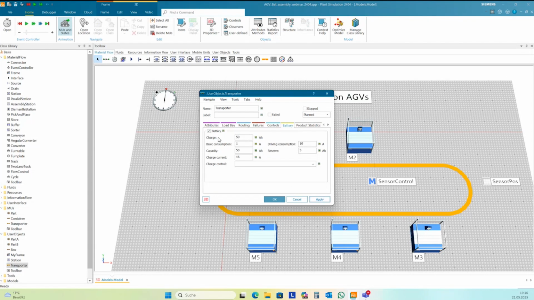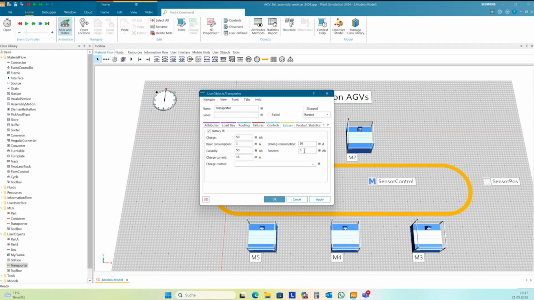And you see you have here a charge. This is the actual charge of the battery. You have a basic consumption. This is the consumption if the HEV is not driving, and you have a driving consumption. Then you have a reserve.